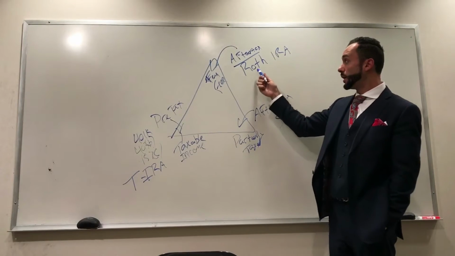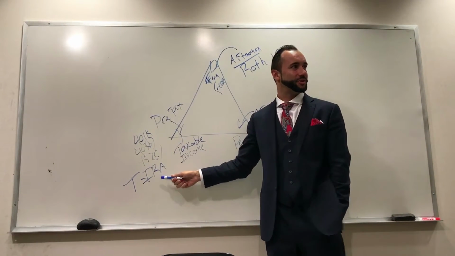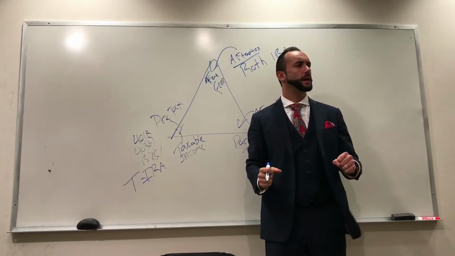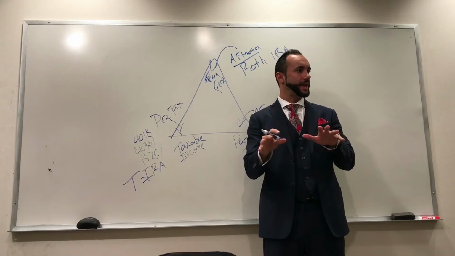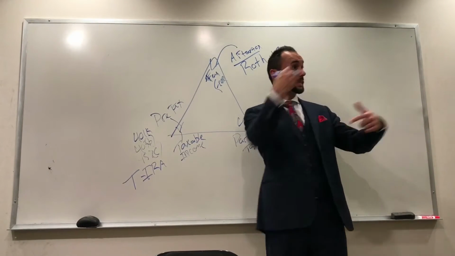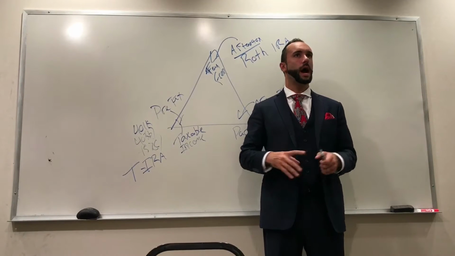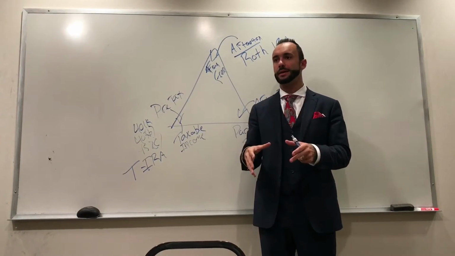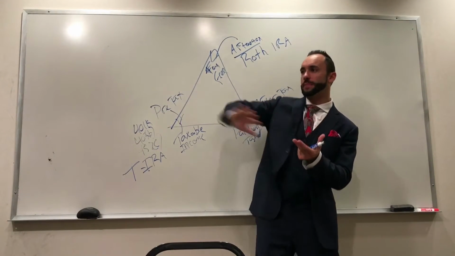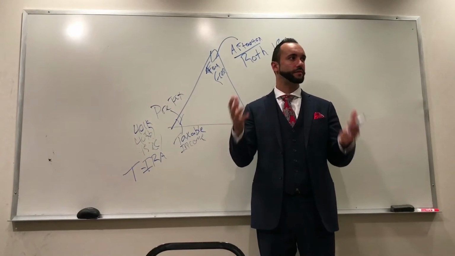The Roth IRA works the opposite of a traditional IRA. Traditional says, you want to know what? I don't want to pay taxes today. Let's just invest that, and then I'll pay taxes on it later. The Roth IRA is the opposite. The Roth IRA says, you know what? I'll pay taxes on that money today, and then I'll never have to worry about paying taxes on that money ever again, right? So it's kind of a fine balance.